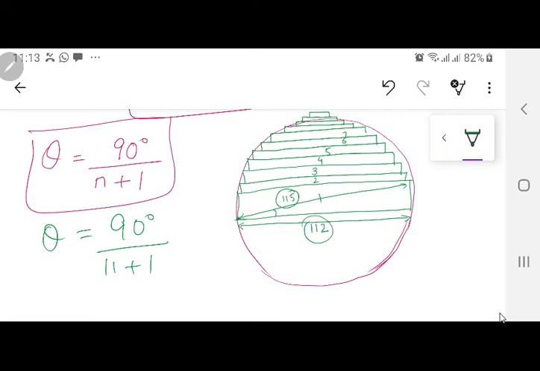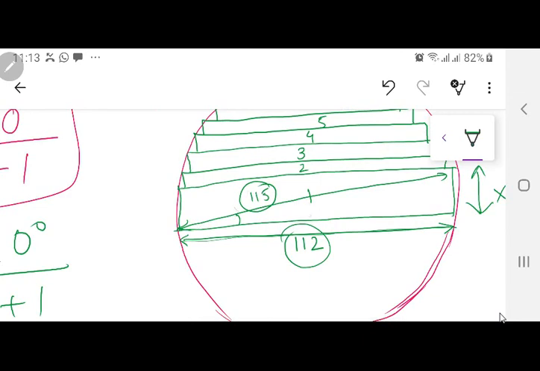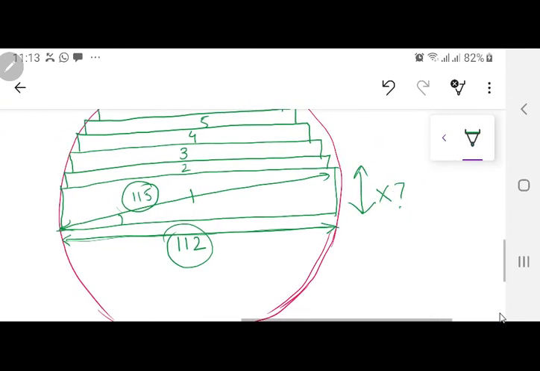So what they are going to do, they are going to fix this length equal to 112 mm, and since I can find out this distance, how? I know the angle 7.5 degrees. I know the angle 7.5 degrees over here. Can I find out this x over here? I know d. What will be x? Find out. I know the angle, it is 7.5 degrees. I know d, the diameter, the hypotenuse of this triangle. What is this triangle over here? This one is 115. So can I find out x?